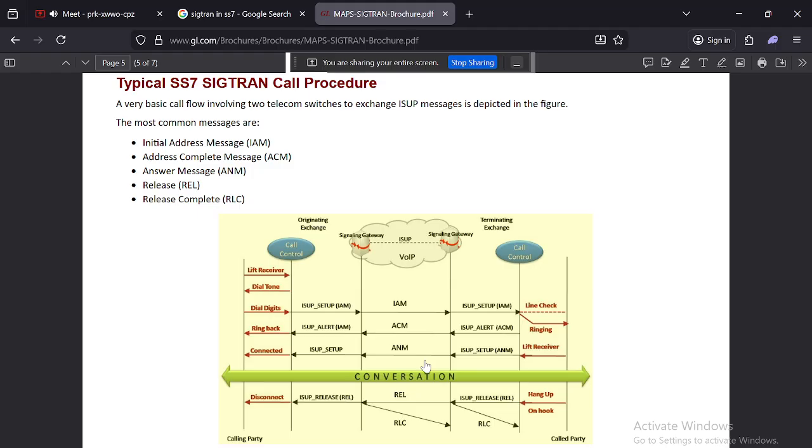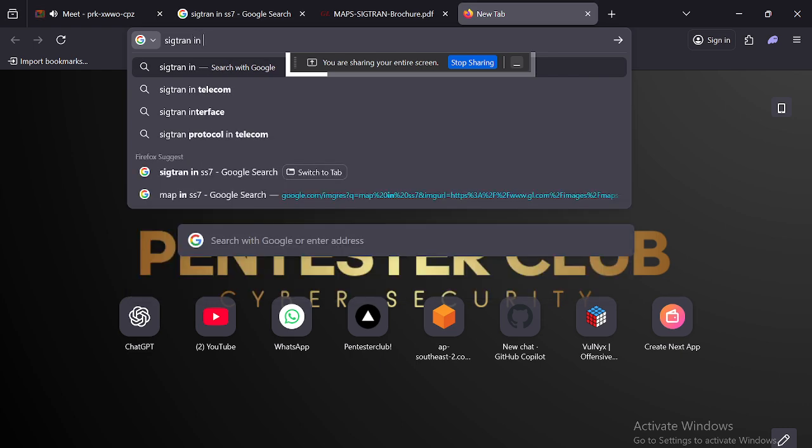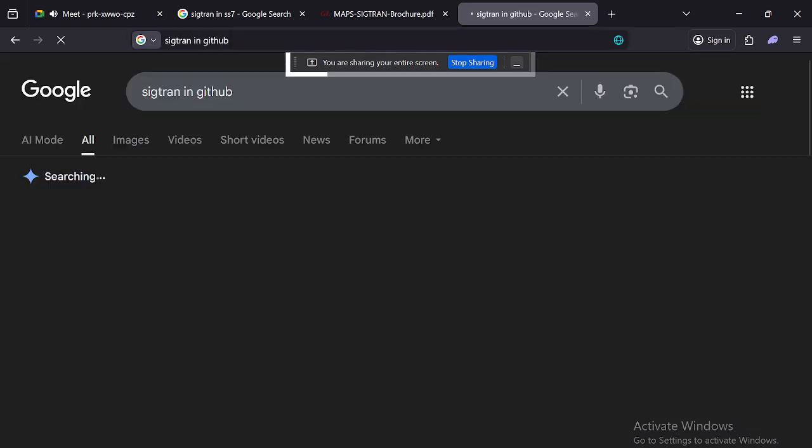So we would like to look at this one. Let's see SIGTRAN in GitHub. We would like to try here.